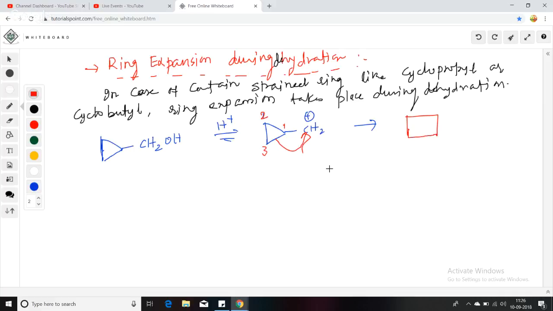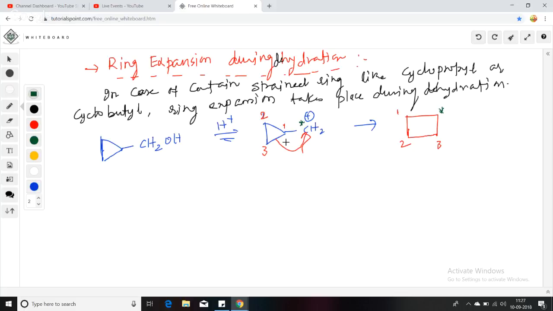Okay, and in the four-membered ring, 1, 2, 3 are connected. So simply I just write down the numbering here: 1, 2, and 3. And 3 is connected with this carbon atom. Suppose this carbon is the star marked carbon. If I give some star mark here, so this carbon is here,